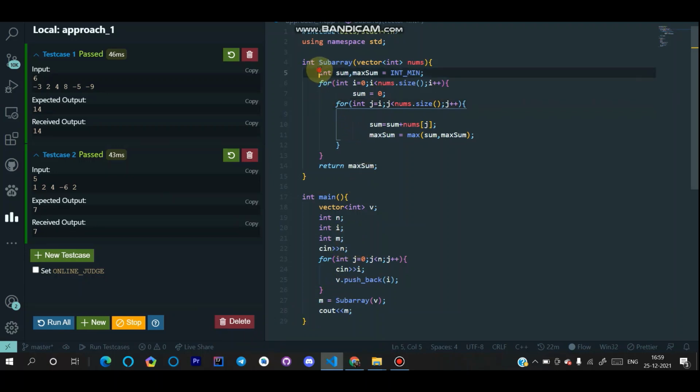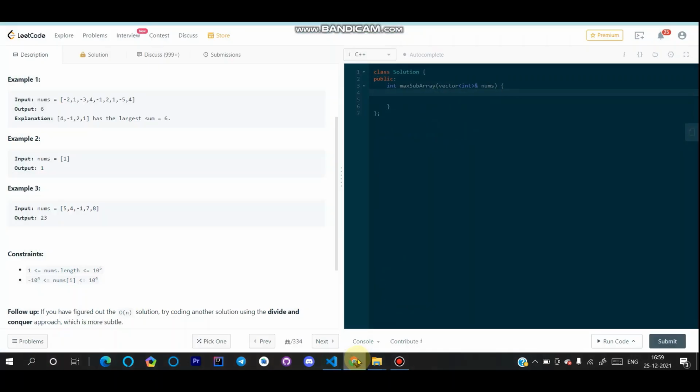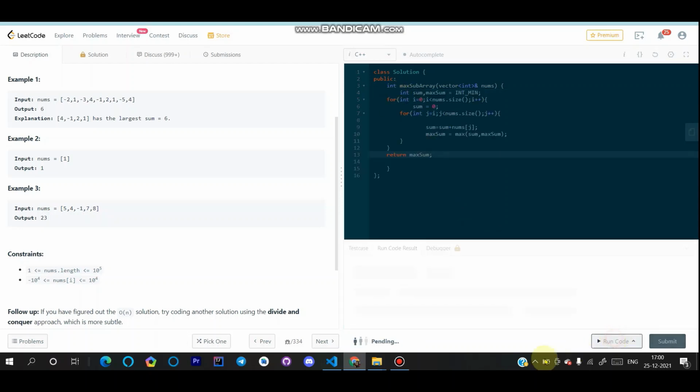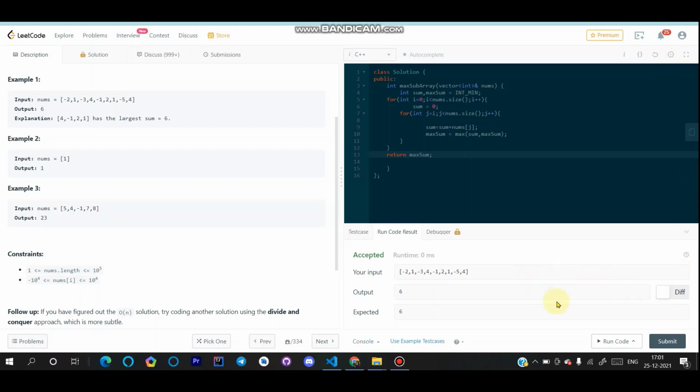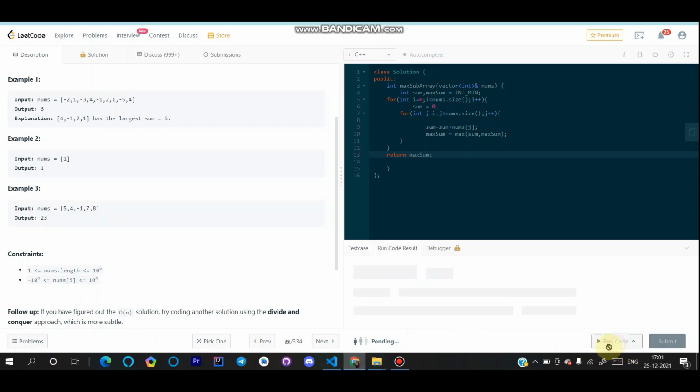Now we would simply copy this solution and paste it on LeetCode to see if it runs or not. We run the code. We see that it's accepted. Let's try to run it for other test cases too.